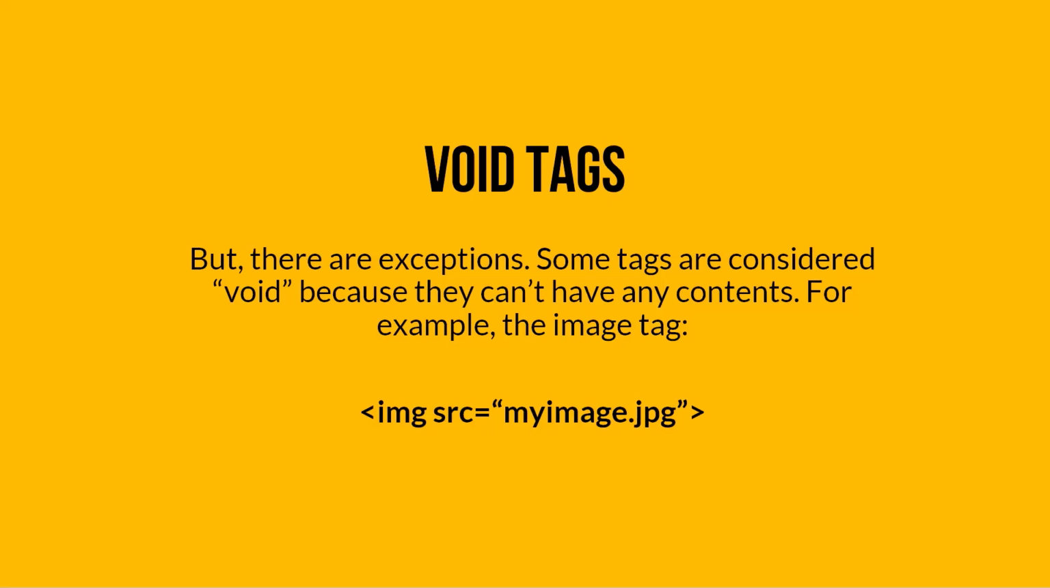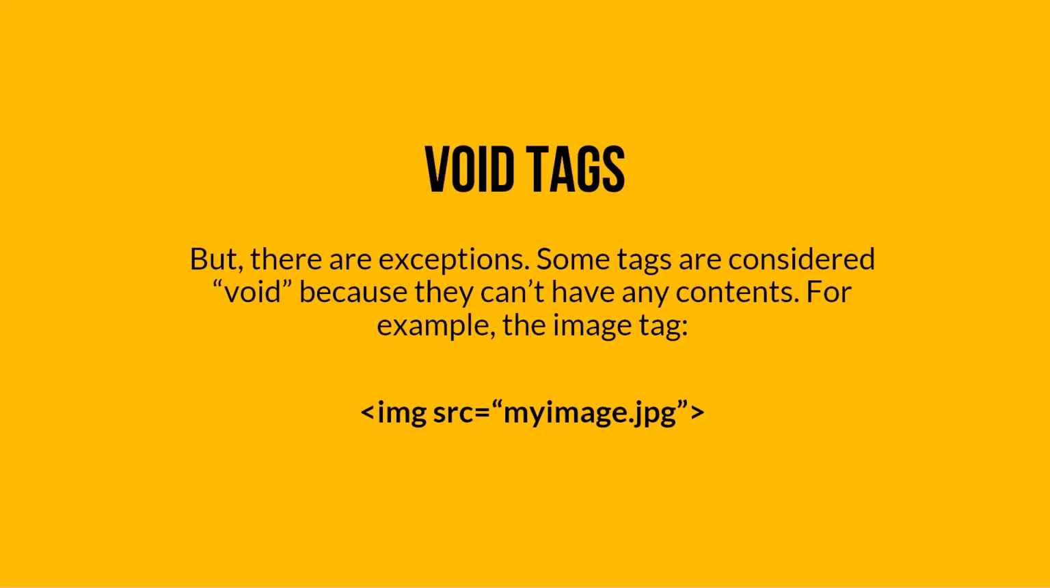Now, there are exceptions. There are what are called void tags, and they are called void tags because they can't have any content inside of them. So syntactically, there's no reason for them to close because there's no contents to put inside them anyway. So a really good, common example of that would be an image tag. This is the full image tag that you would use in your HTML. You'll notice inside of this, we have an attribute, which we'll talk about in a second, which is source,